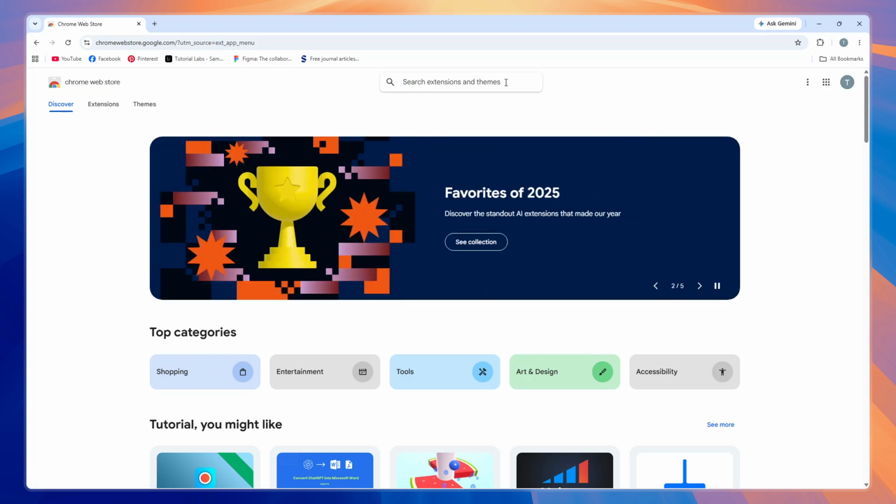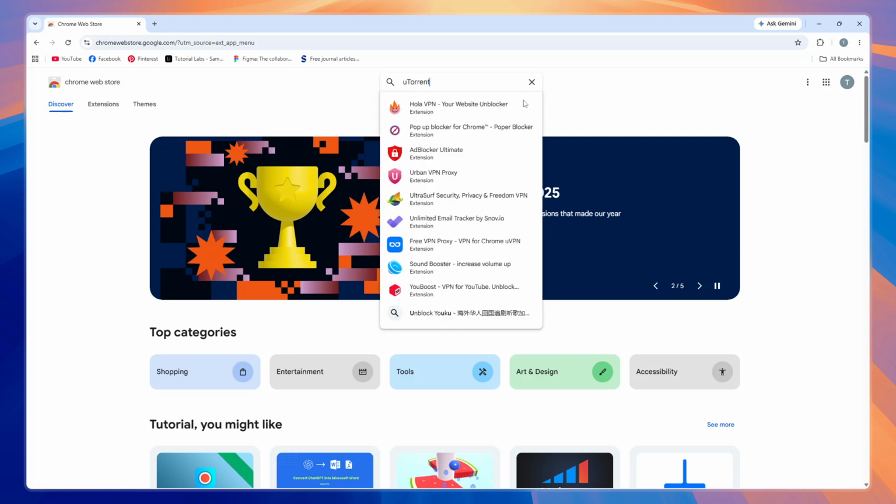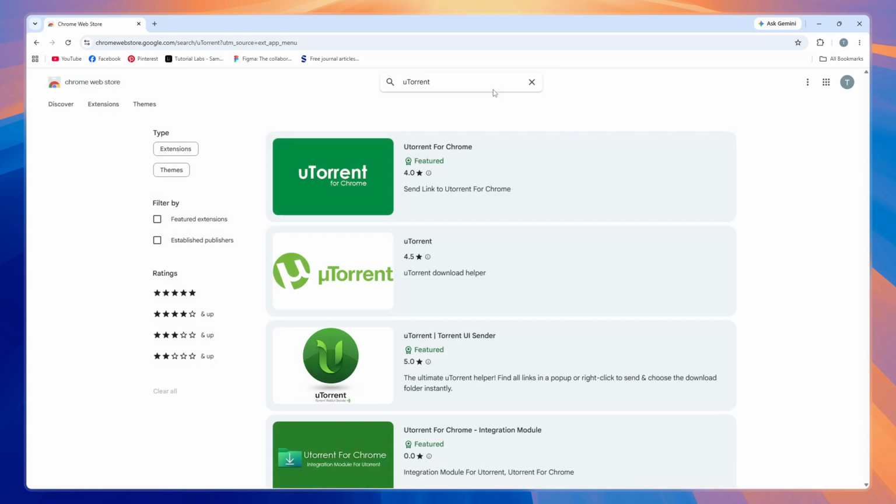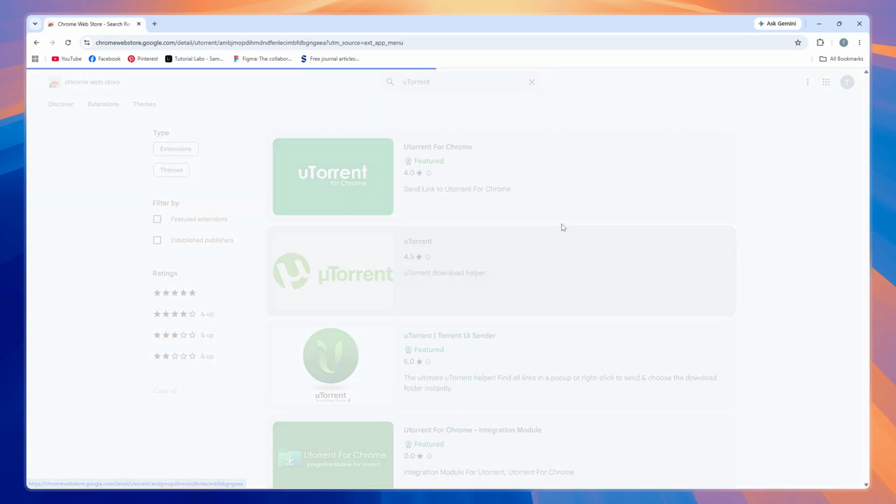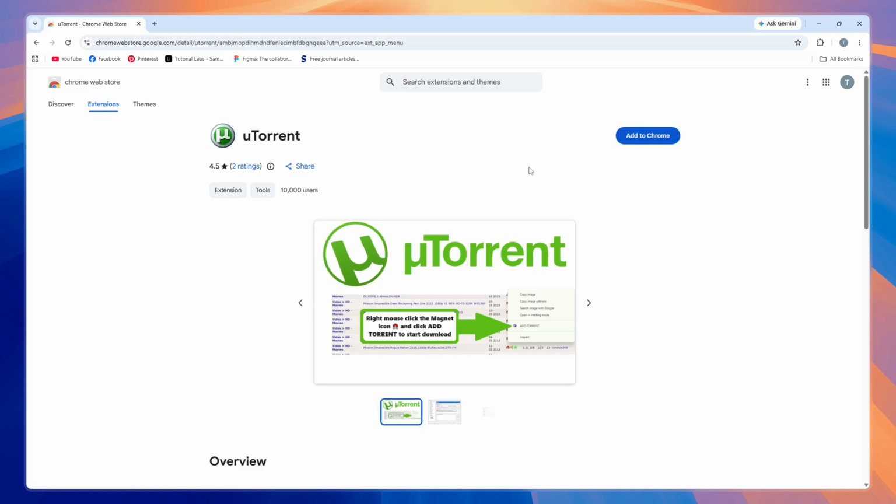Click on it and type Utorrent into the search field. This will help you quickly locate the official Utorrent extension among thousands of other available extensions. After typing, either press Enter or click the search icon to see the results. The search results will display the Utorrent extension. Click on it to open the extension's dedicated page where you can read more details about what it does and